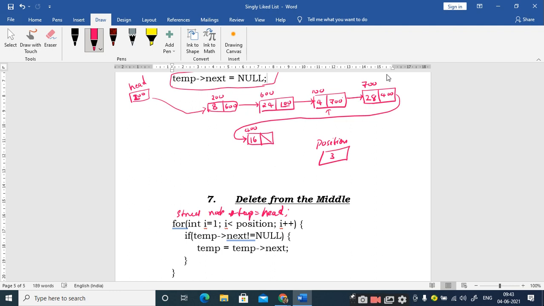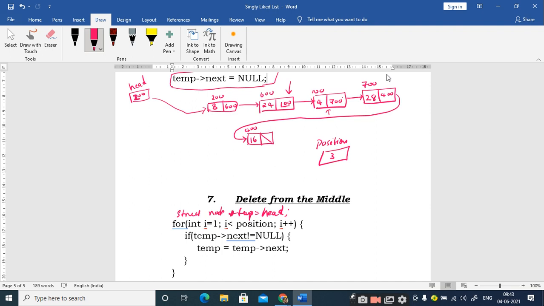If I want to remove this one, I should have a pointer to the previous node, right? Deletion is always like this. Whenever you want to delete a particular node, you should have a pointer pointing to its previous node. So I know how to point a pointer to this previous node. But once you have reached the node pointed by this temporary variable, what you have to do?